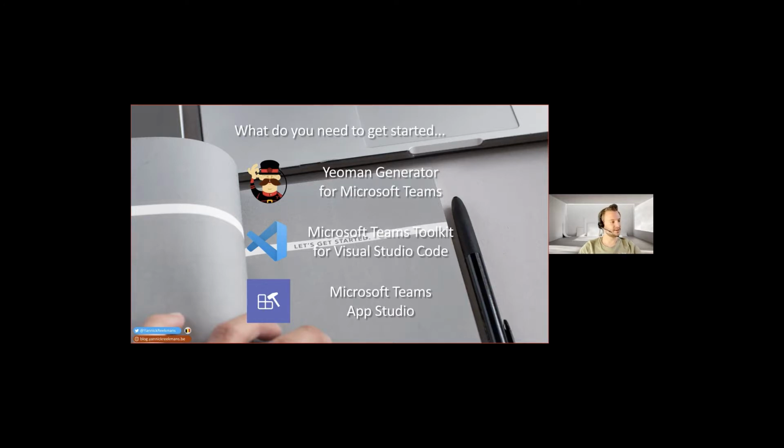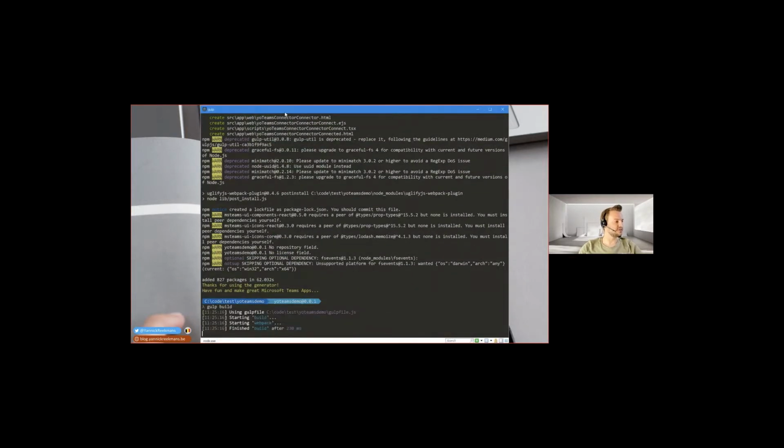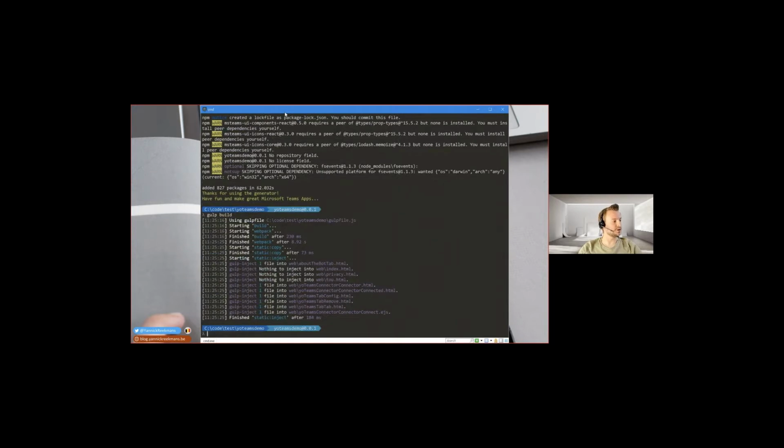Looking at the Yeoman Generator, it goes like this. It asks you a lot of questions in the beginning. You start with yo teams, and it runs the Yeoman Generator. It starts up. It asks you for your solution name, where you want to put it, in which folder, the title of your Microsoft Teams app project.